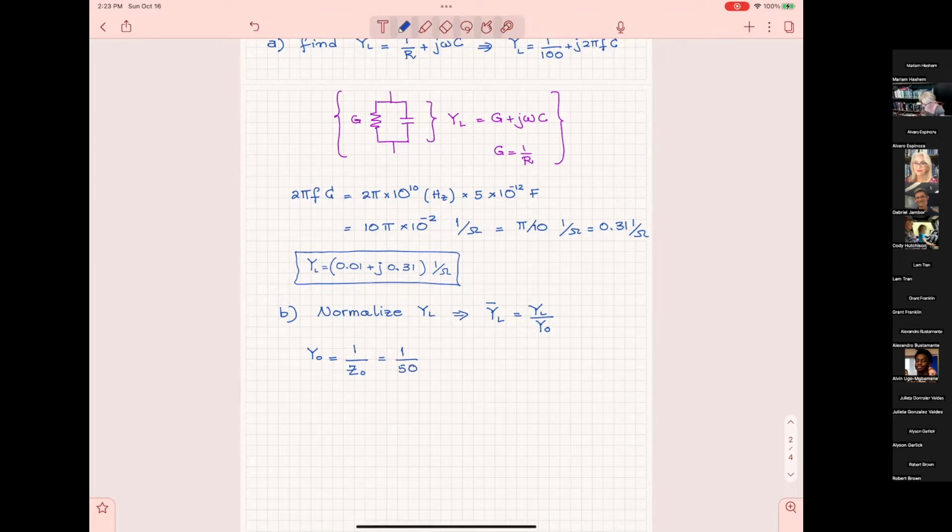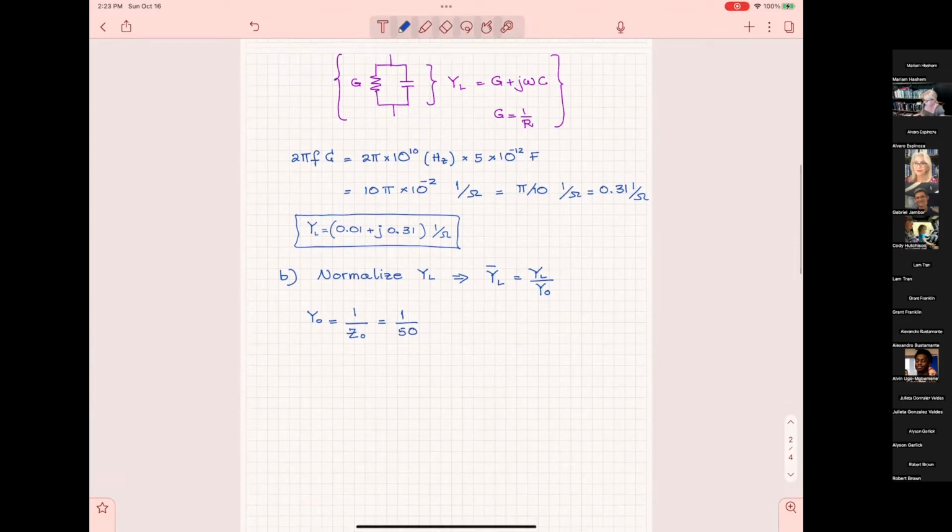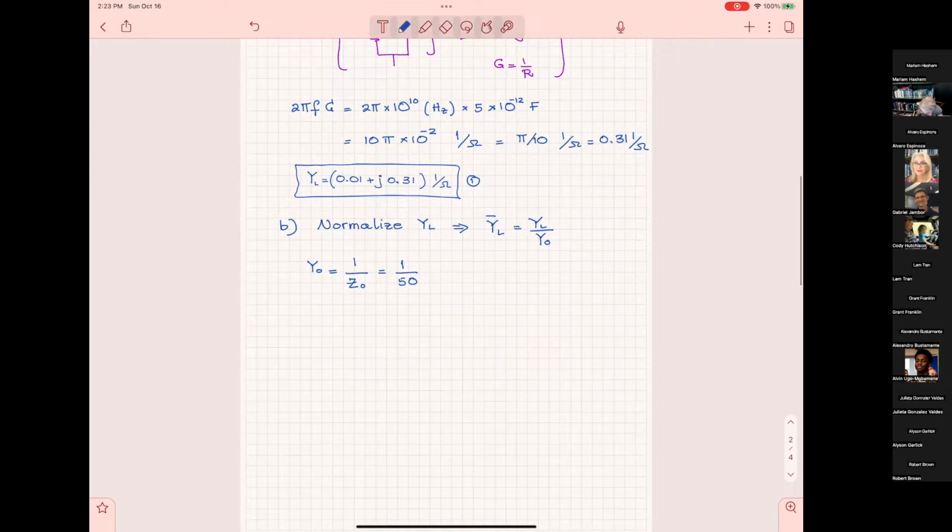Now, of course, if you have a calculator and it's easy to use it, you can do an inverse of the 50, and then divide YL by the inverse of 50. But you know what I was thinking in my mind, if I assume that I don't want to use a calculator yet,